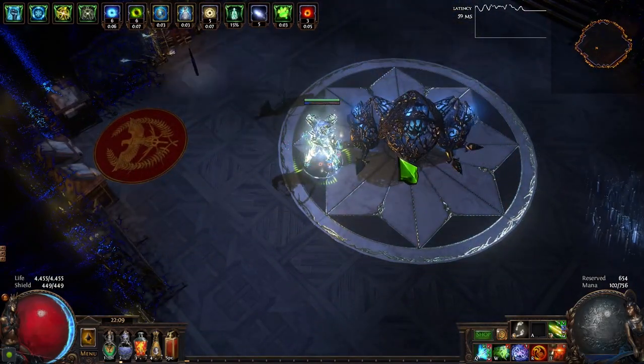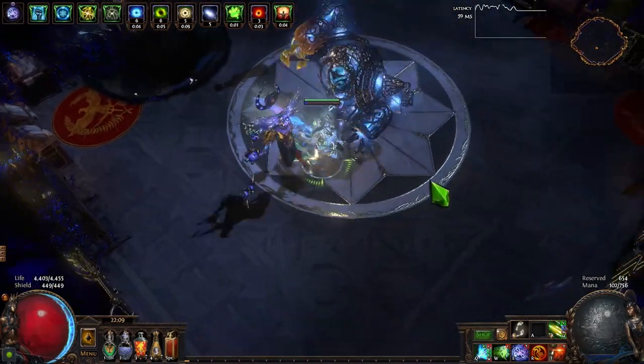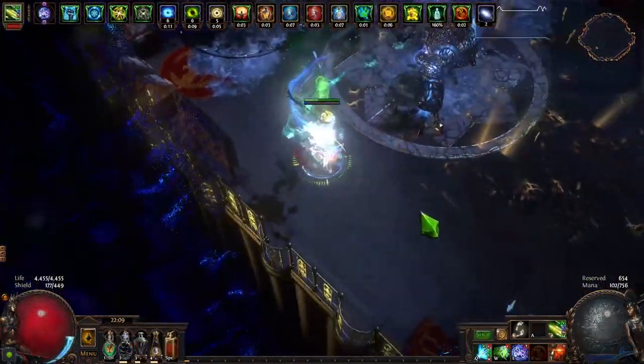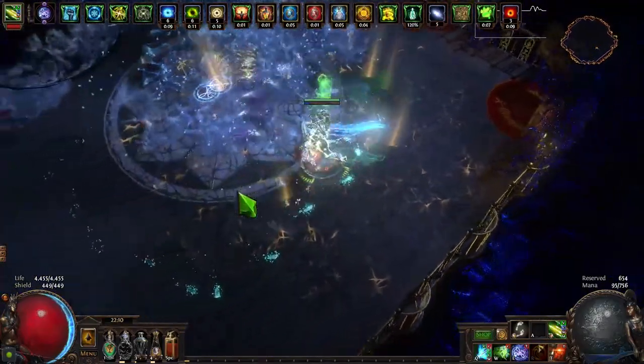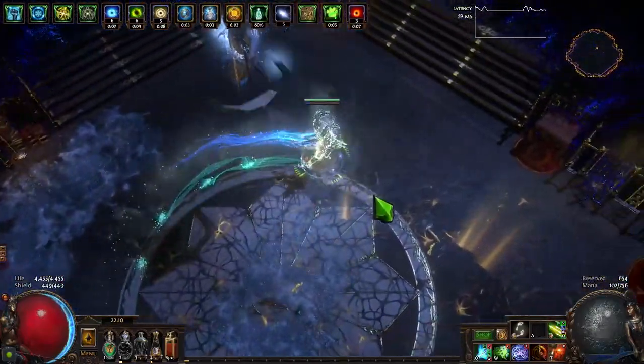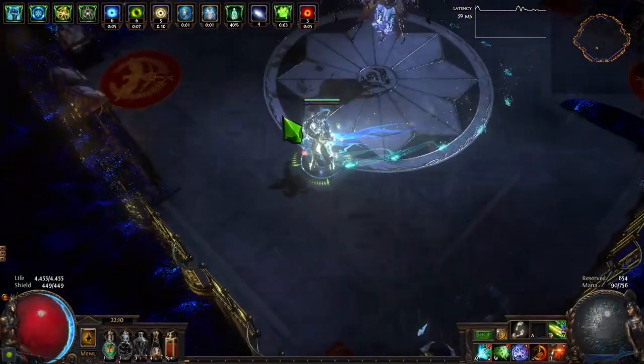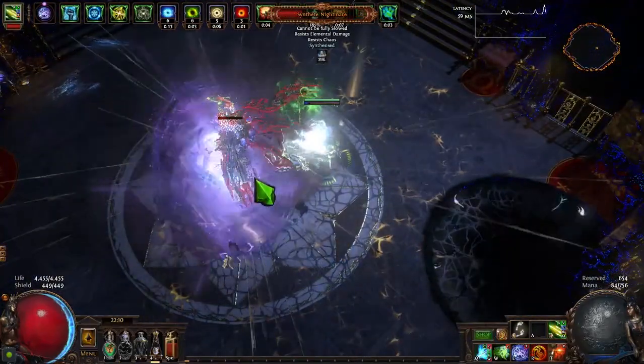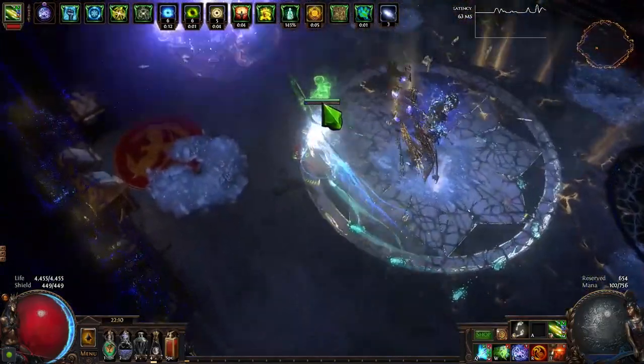So in the end, you will have your power charges and frenzy charges equal, alright? And it will generate them automatically. You just need to hit a couple of times to generate those power charges if you have Replica Farrul, obviously. For Farrul to work, also let's explain, if you are new to the concept, you need the Aspect of Cat